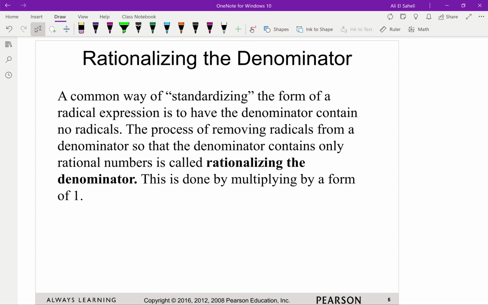Rationalizing a denominator. A common way of standardizing the form of a radical expression is to have the denominator contain no radicals. The process of removing radicals from a denominator so that the denominator contains only rational numbers is called rationalizing the denominator. This is done by multiplying by a form of 1. We don't like to have radicals in the denominator. For instance, if you have 3 over radical 2,